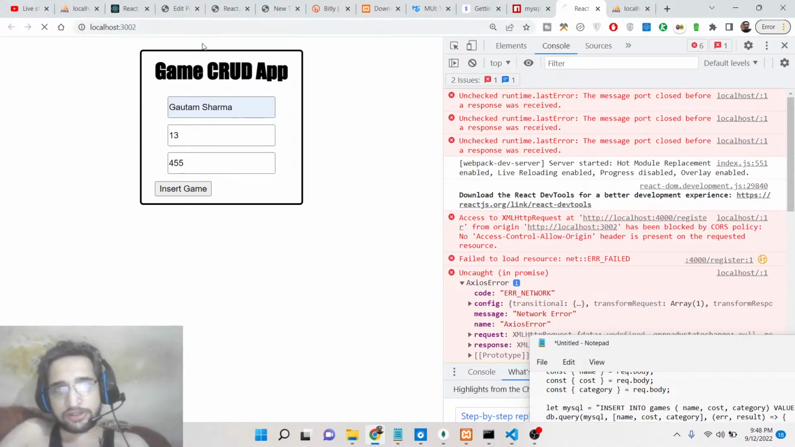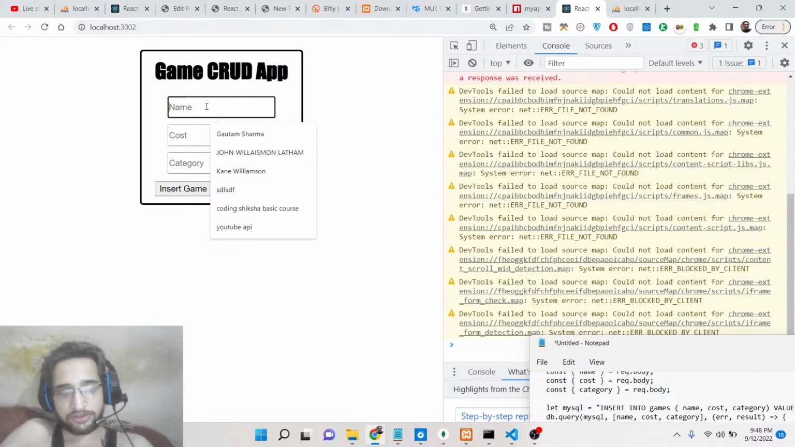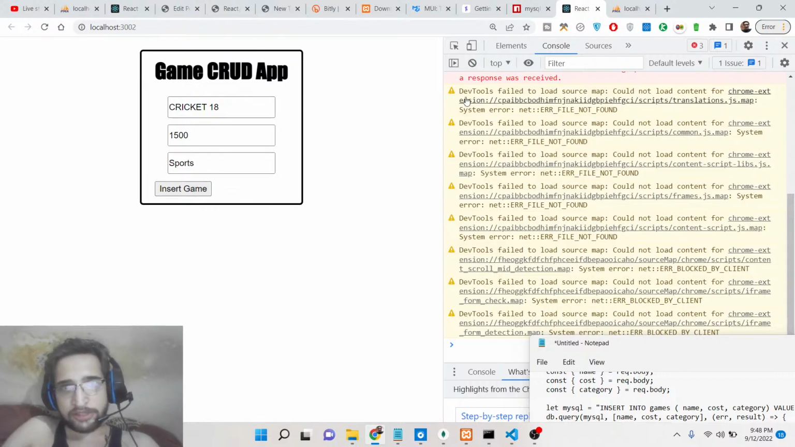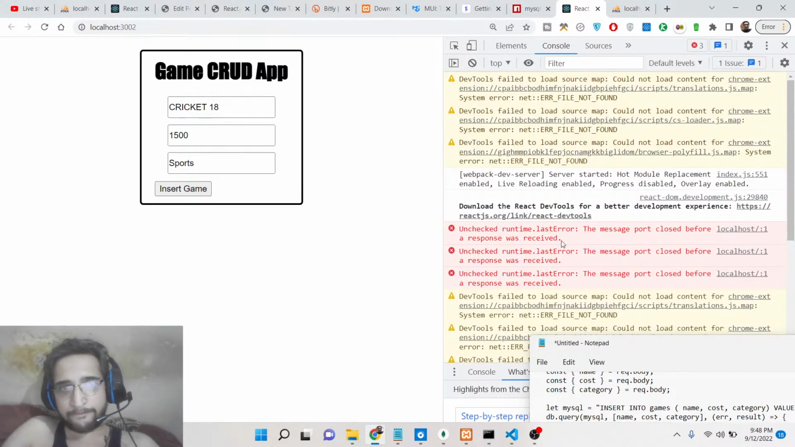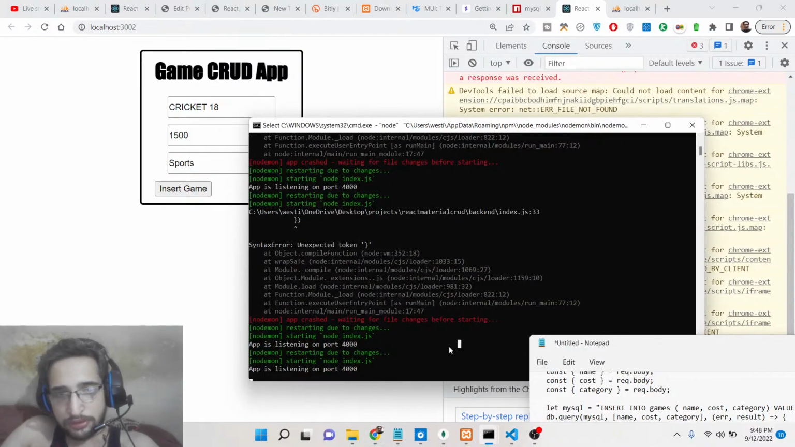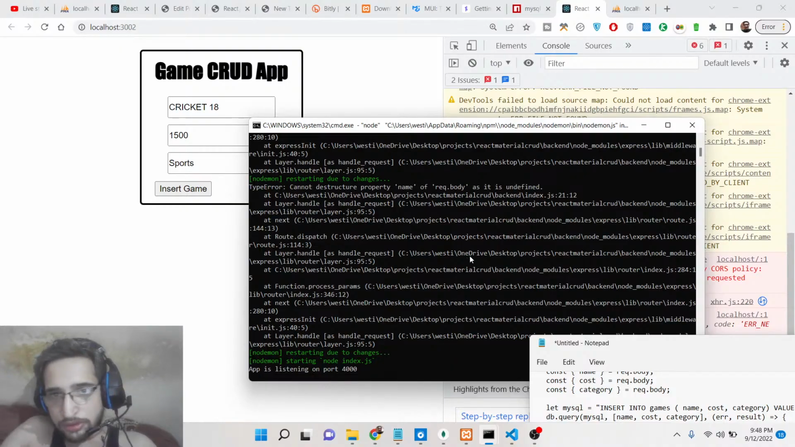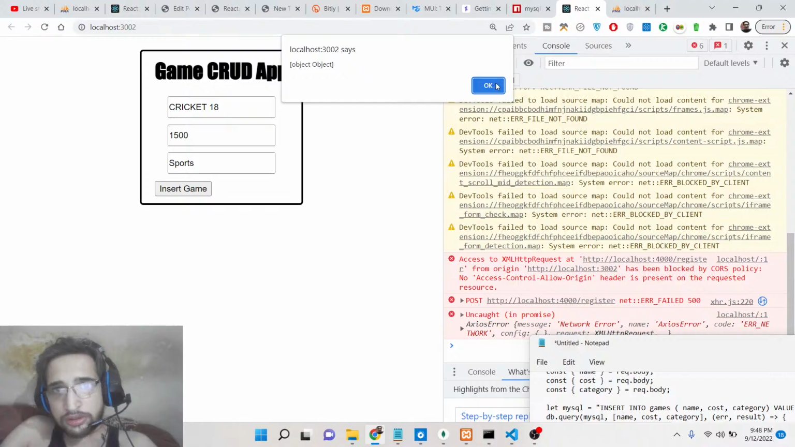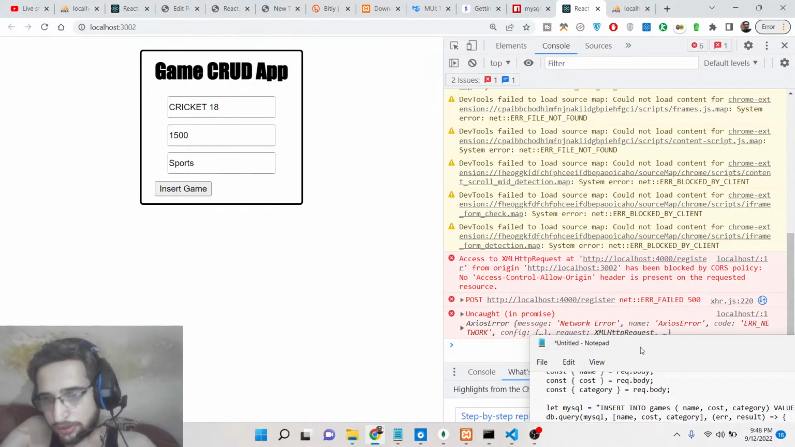So again, if you refresh it, put the game name here, which is cricket 18. The cost is $1,500. Category is sports. Insert game. So basically, if you now see here, an object is returned to us. It is saying that